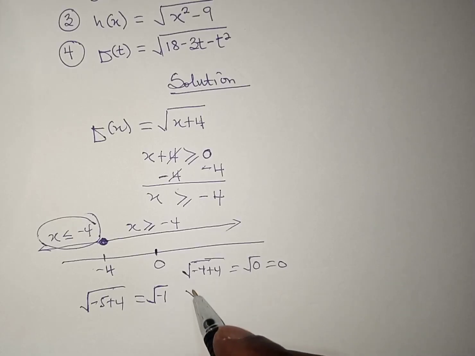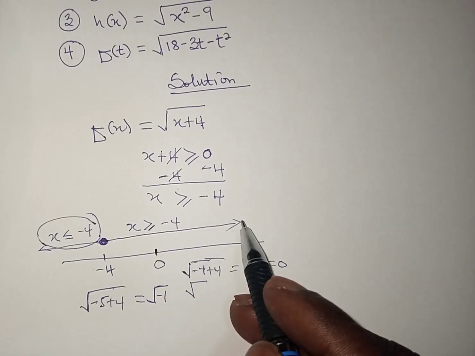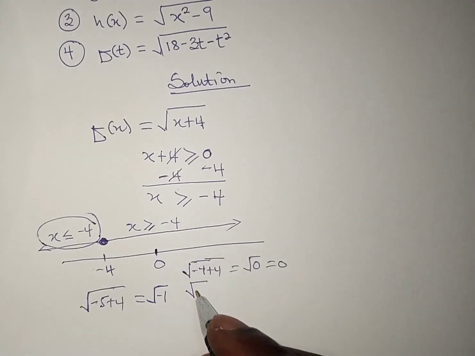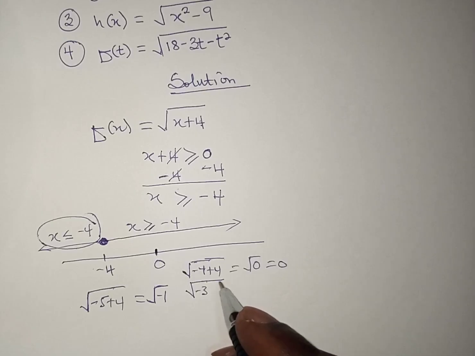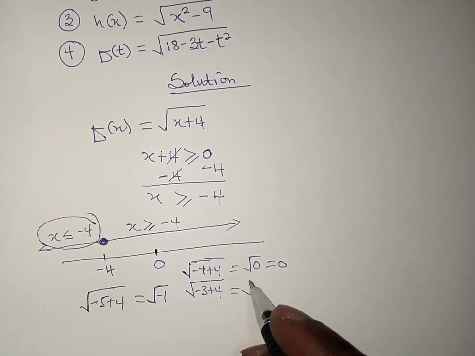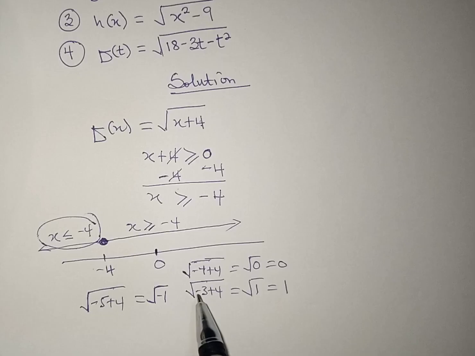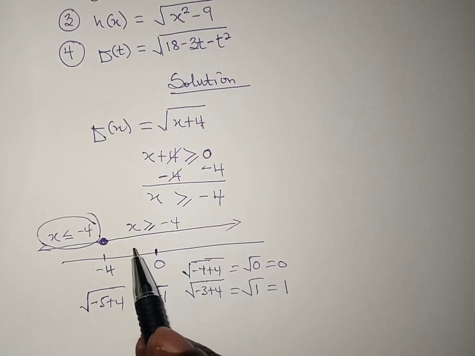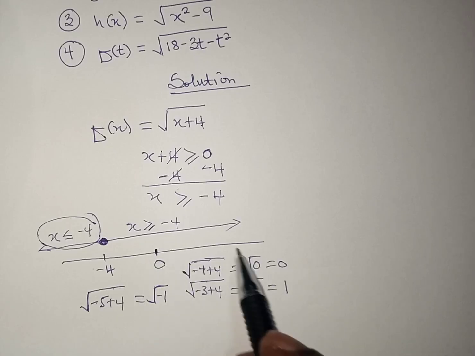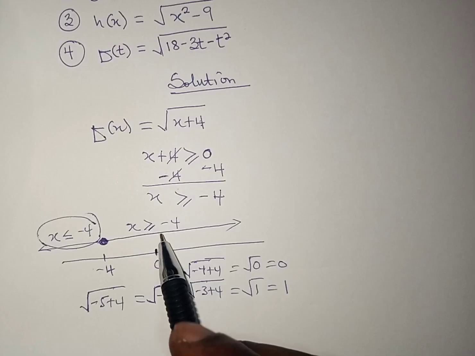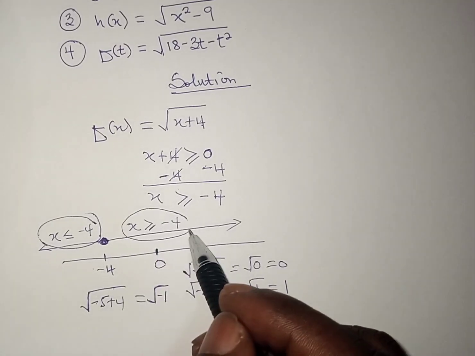Let me pick x, moving in the right direction from -4, then I'll pick -3, because -3 is greater than -4, plus 4, which will give me square root of 1, and that gives me 1. So as I'm moving, I'll be getting positive numbers, and that satisfies the condition. Since the right side makes the function defined, then I'll accept this region to be